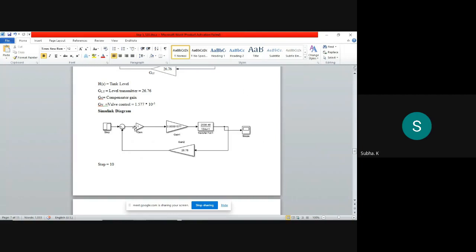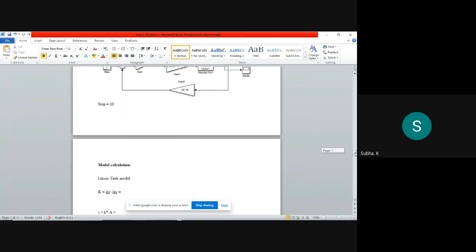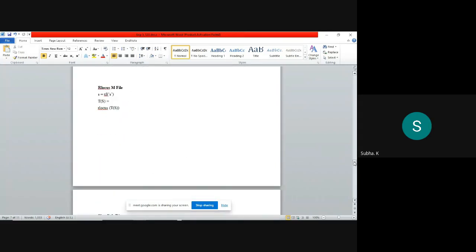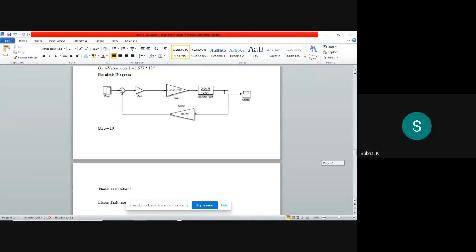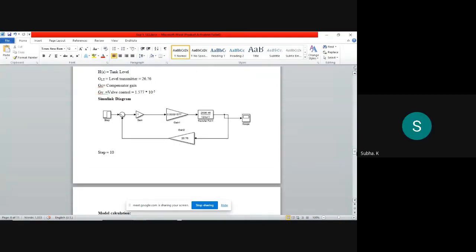Just substitute those values, and for this you obtain the transfer function. Okay, you know how to reduce. These three blocks are connected in series. Gain one, transfer function. You multiply everything, and there is a negative feedback that you reduce. That will give you the transfer function. That transfer function you apply here. System is equal to transfer function of s. Then this syntax you have to use. Are you people understanding? I will tell you how to do.